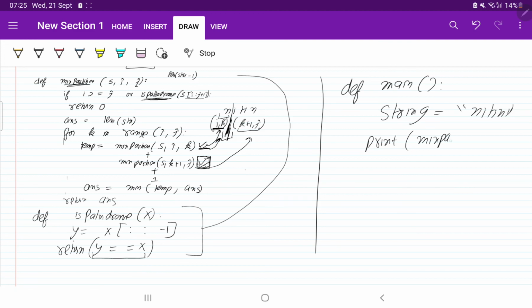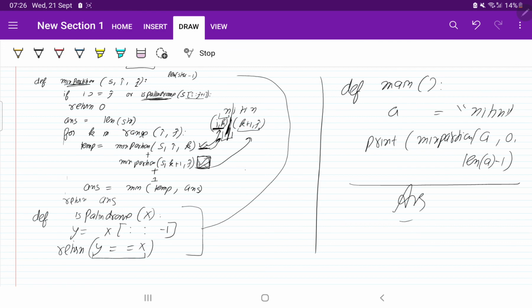Again we are calling min partition function by passing the string. Let's say this string name is a, so it will be easier to write a. Then we need to find I value. I told you j 0, and what will be the value of j, it will be length of a minus 1. So you can directly get the solution.